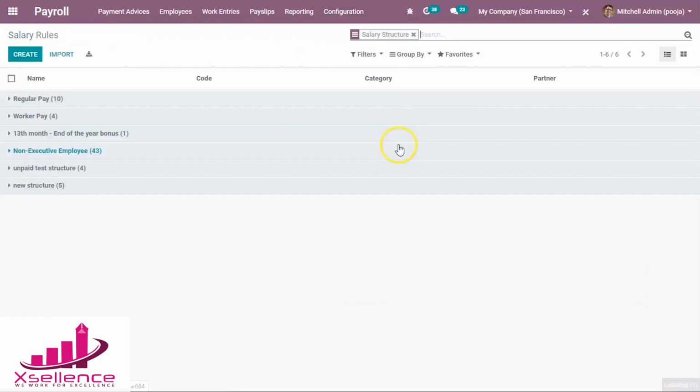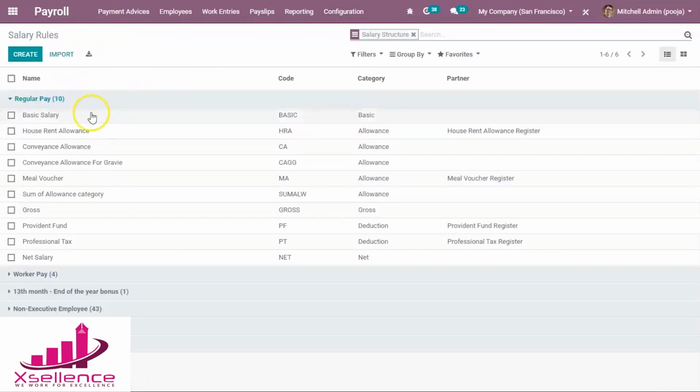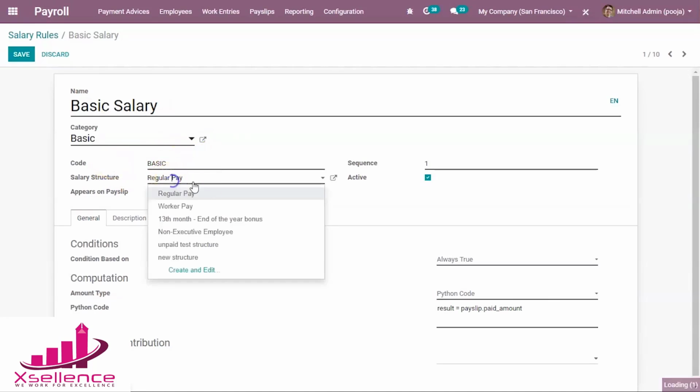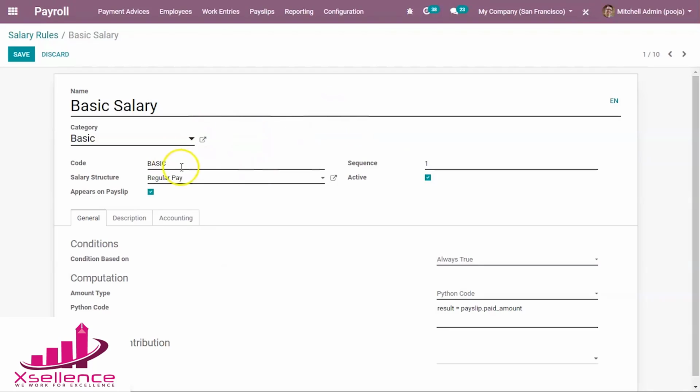Then rules, I have shown you some rules, that is allowances, deduction, and these rules have some code which is used in the calculation of salary, code and salary structure type. To which salary structure type, to which salary structure we need to give this salary rule. So basic will be applied to regular pay, whatever it is.